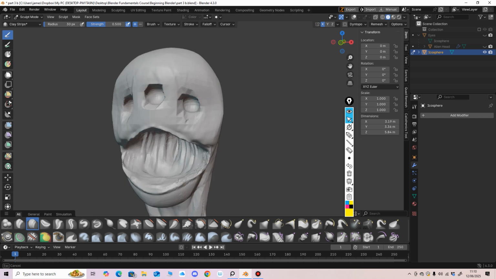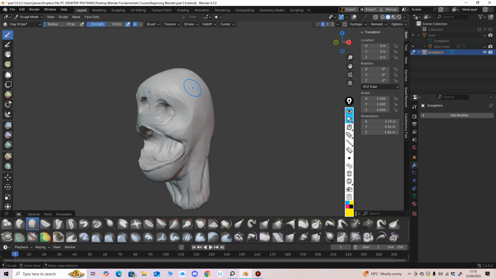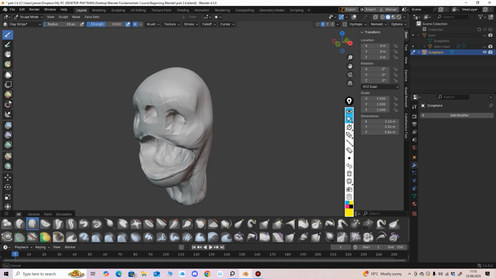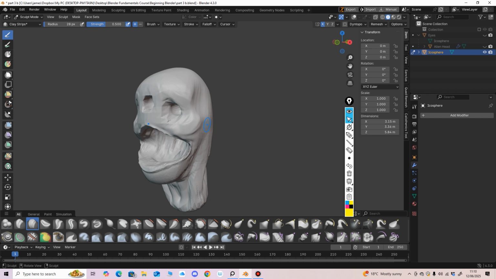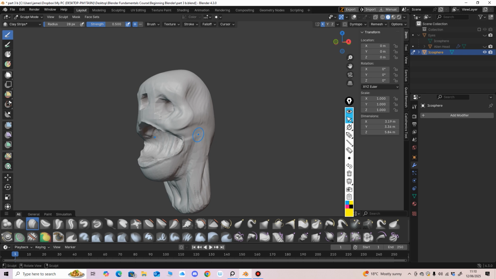That's a bit of a brow there, brow there. Temporal line down there. Cheekbone digging out. And the Z shape. Zygomatic